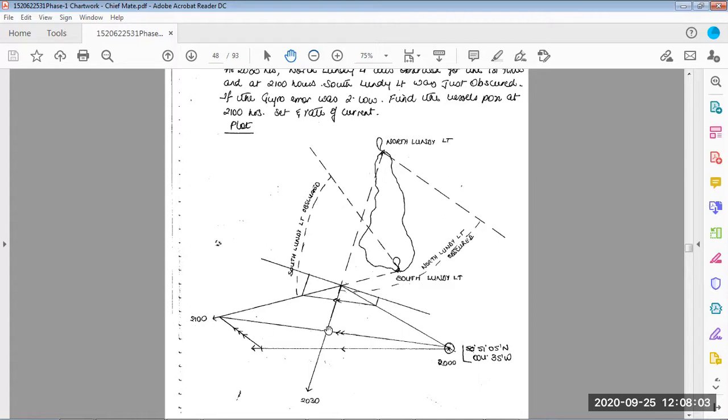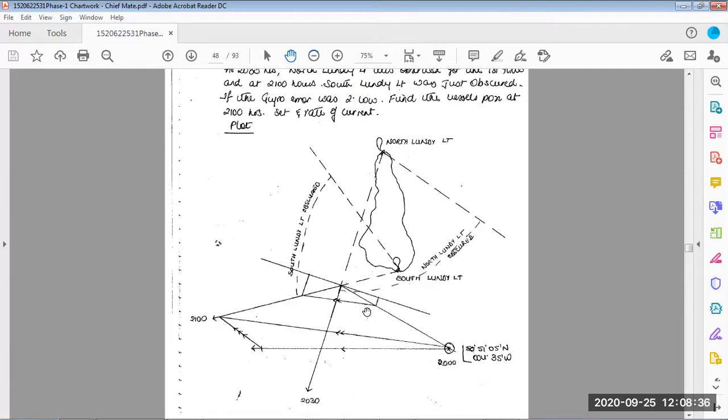In 3-point bearing, we draw a perpendicular to the middle bearing, and then we draw parallel lines to the middle bearing, cutting equal ratios as per the time. Here the time interval is 30 minutes, and as per that we cut equal ratios, draw parallel lines, and join to get the course made good. If you don't know the 3-point bearing method, you can see the 3-point bearing method video. And still if you don't understand, you can put it in the comments.